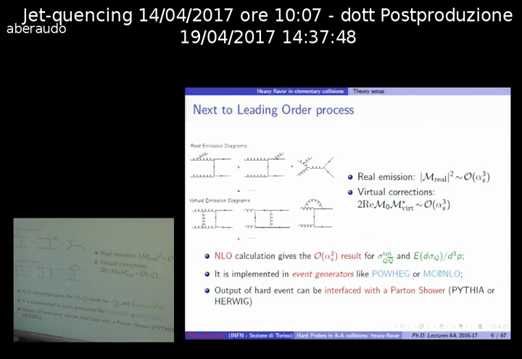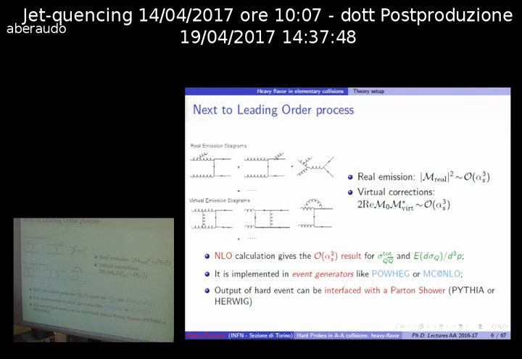Then, of course, alpha S is not so small, so you have to go beyond the leading order, and you must also consider next-to-leading order corrections. And these next-to-leading order corrections are of two kinds. First, a correction coming from real emission, in which you can radiate a sufficiently hard gluon, and then, at the same order alpha S cubed, you have also a contribution coming from the interference between the virtual diagrams, in which in the final state you have still only two partons with the tree level amplitude. You sum and you get a result at next-to-leading order accuracy, alpha S cubed, both for the total cross section and for the single